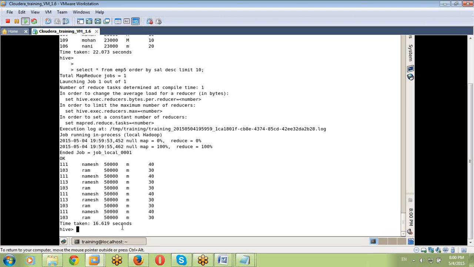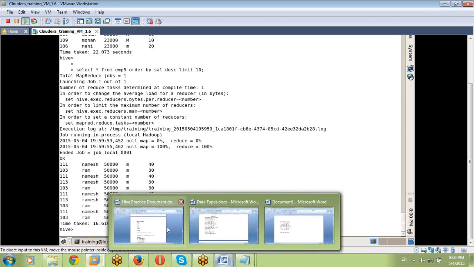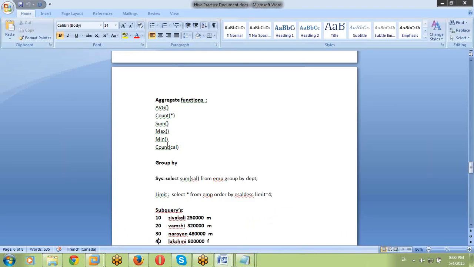So each department, how much salary I'm paying. And similarly maximum salary, minimum salary, how many employees are in each department. I want to find out this type of calculation. Yes, we can do any operations.